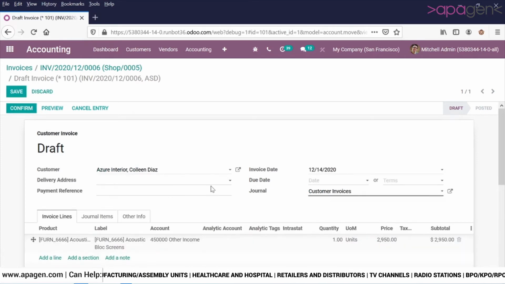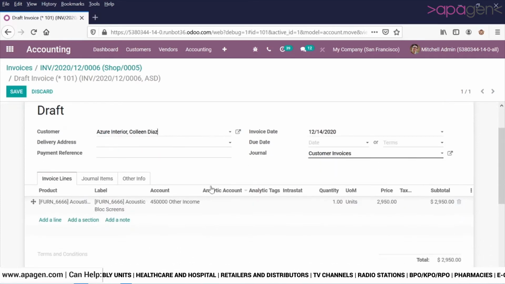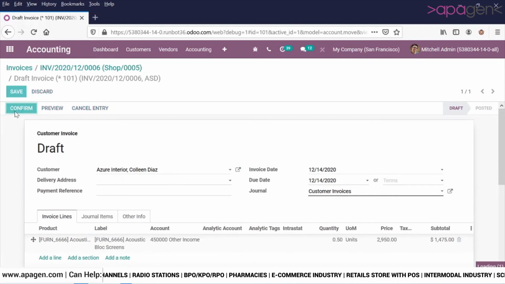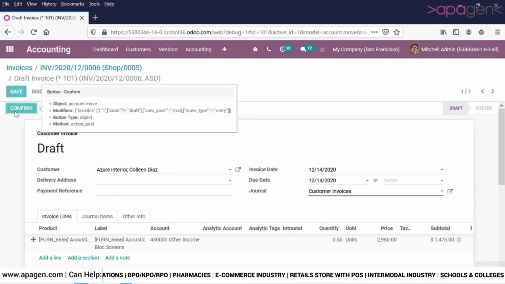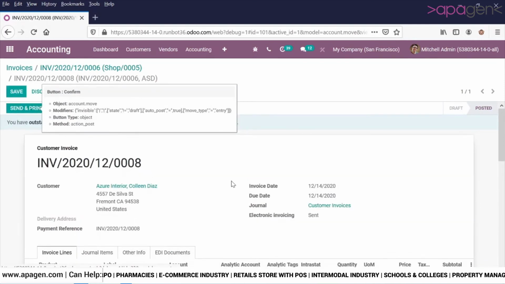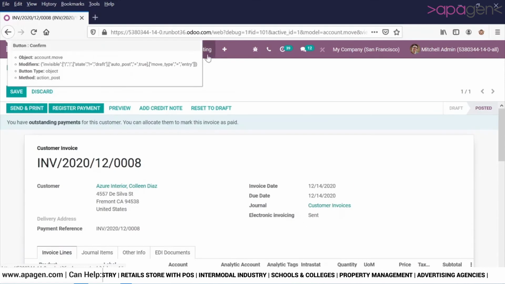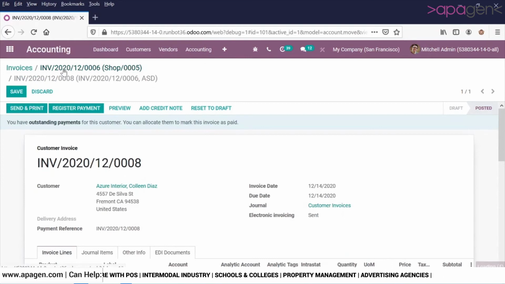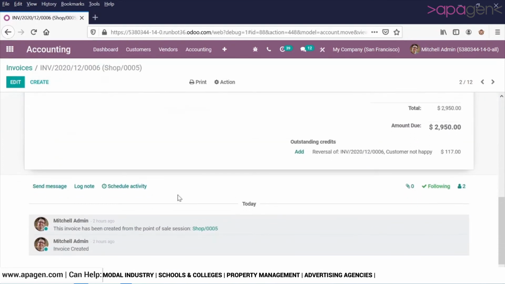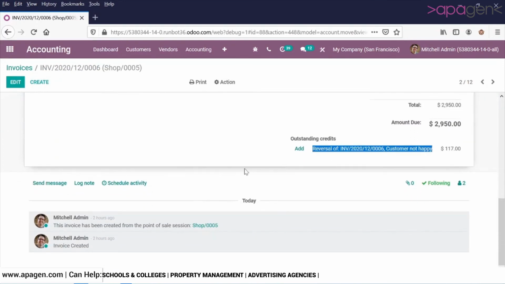Again, a debit note has been created. A debit note is going to act as a customer invoice. So technically, a credit note makes a lot of sense. A debit note is actually not required. If we look at the original invoice, we will only have one credit note.